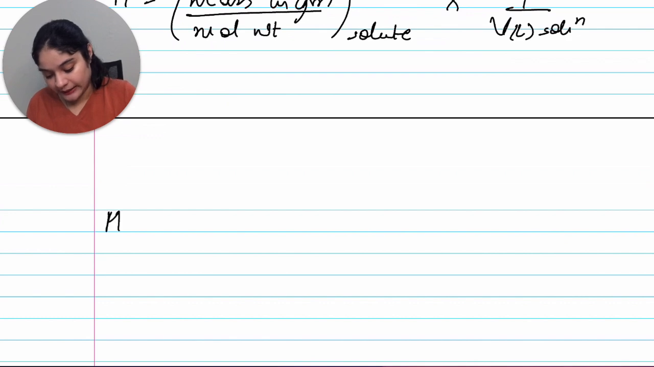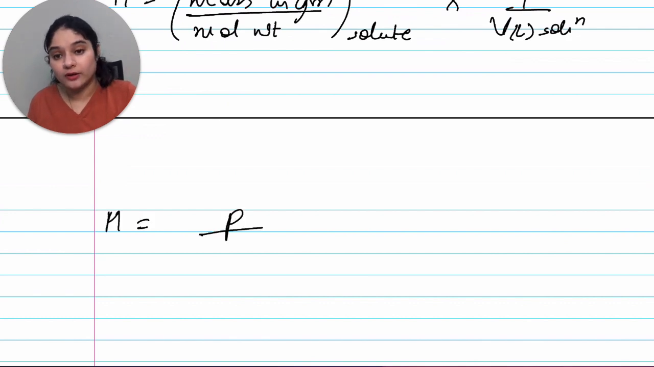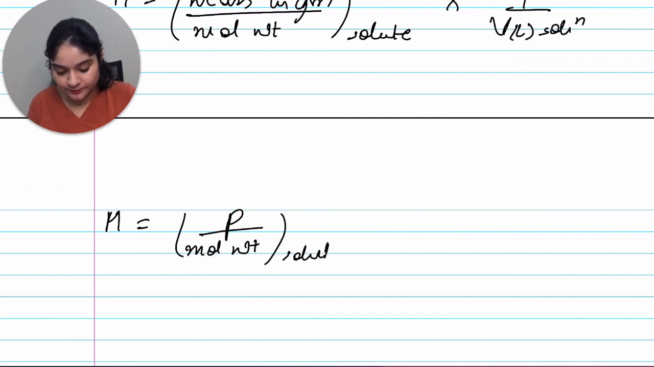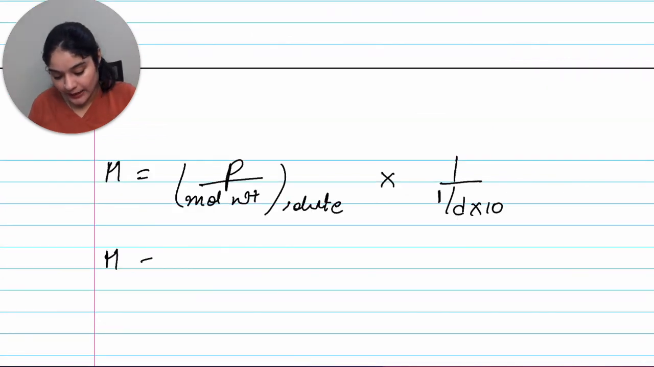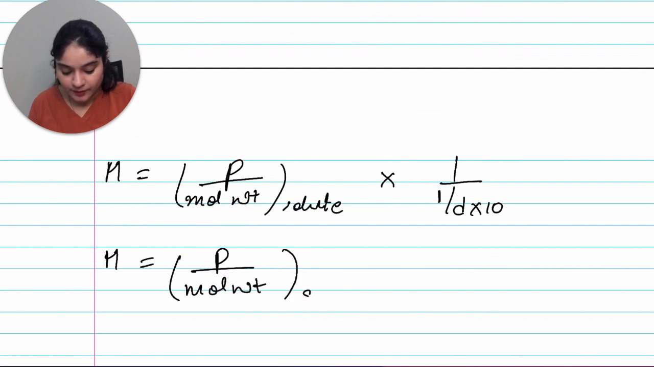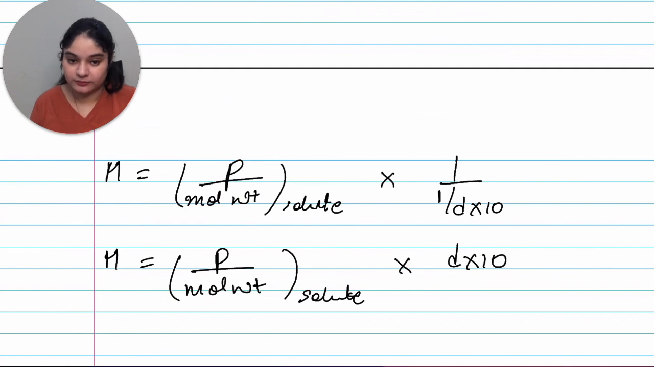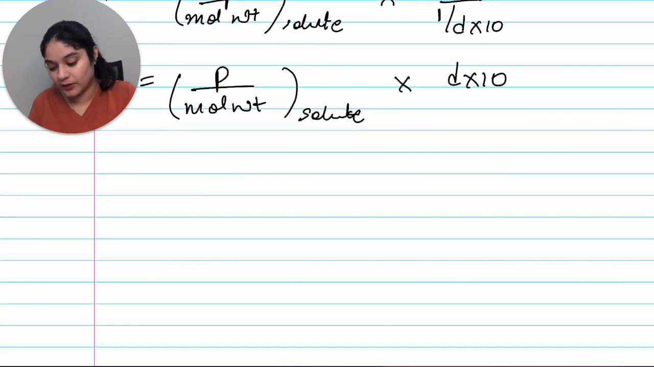So molarity equals P over the molecular weight of the solute, times 1 upon D times 10, that was our volume. So let's move on. M equals P upon molecular weight times D times 10. So what is our final formula? The final formula that we have